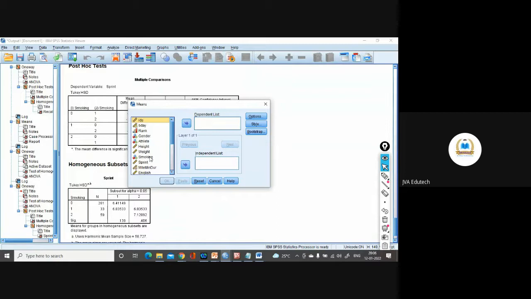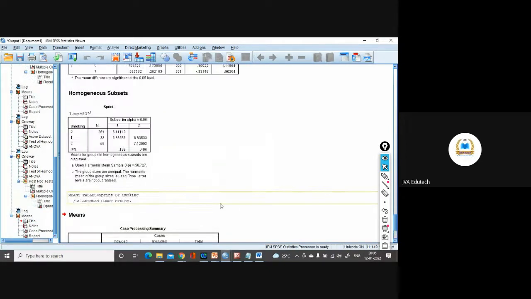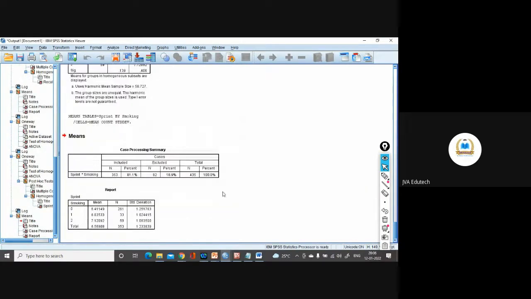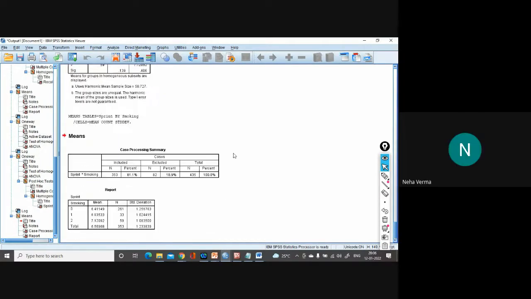Take this sprint. Let's say 0 to 1. If you minus this value from this value, you will get exactly this value. Okay, sir. You can do a simple calculation.